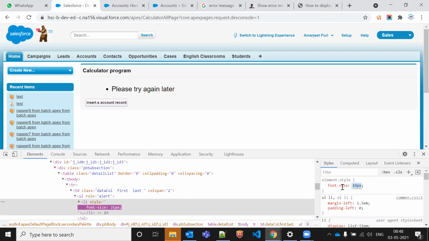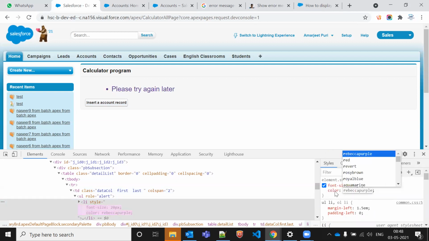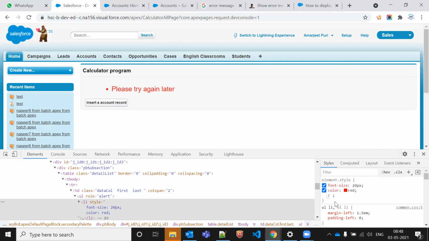Let's say I want to make this one okay. I will say color, if I give it red color, that is fine. Okay, seems better now. If you want to add something else, let's say some padding, like a gap on the left side, right side, top, bottom, something like this.